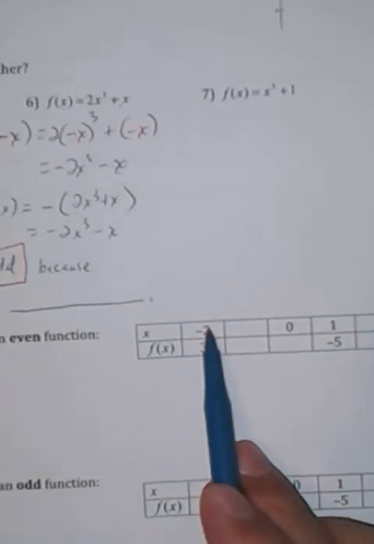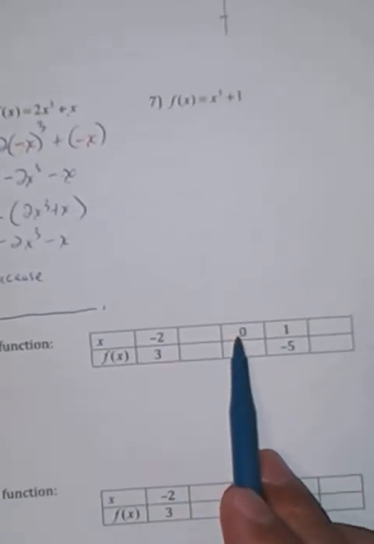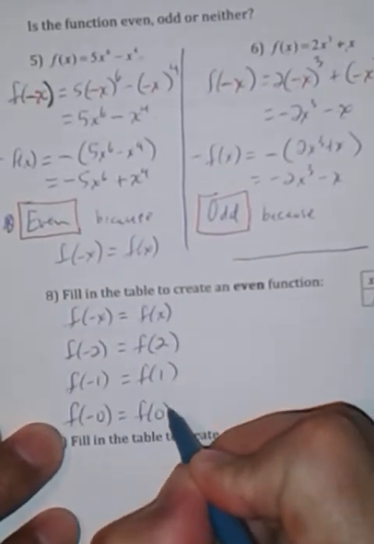So I wrote f of negative 2 equals f of 2 because that negative 2 is there, and I wrote f of negative 1 equals f of 1 because I see the 1 there. And I'm going to write f of negative 0 equals f of 0 because I see 0 there. F of negative 0 has to equal f of 0. Okay, so